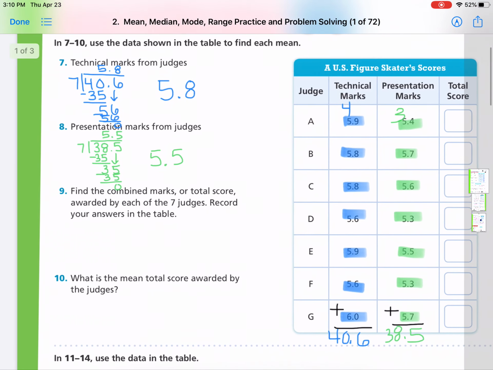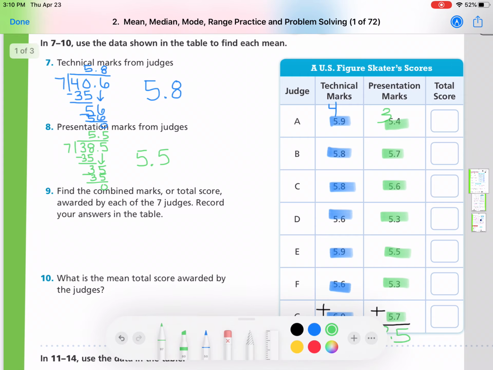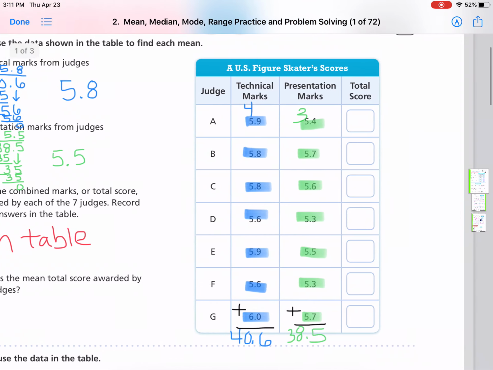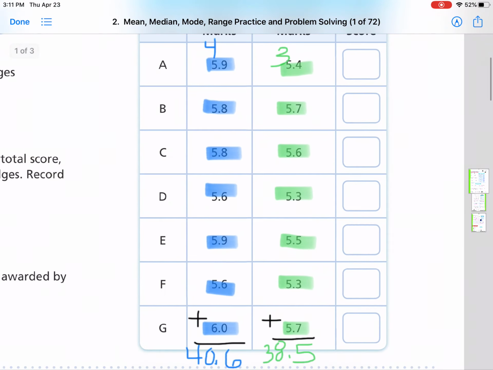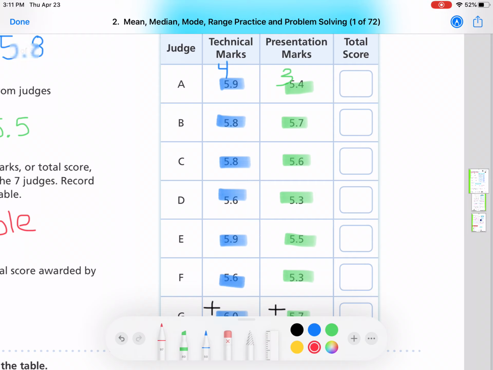Now, number 9 says find the combined marks or the total scores awarded by each of the 7 judges. Record your answers in the table. So we are going to just do this in the table. We're going to look at our table again. What you're going to be doing for each judge is adding together the technical marks and the presentation marks. So we're going to take 5.9 and add 5.4, and that's going to give us